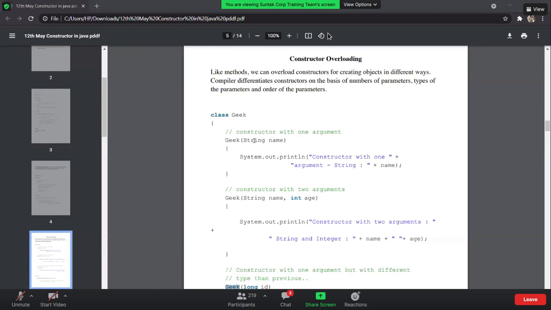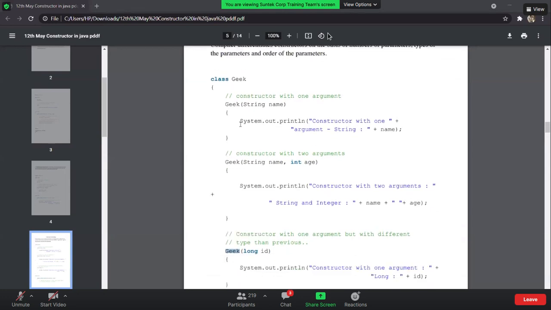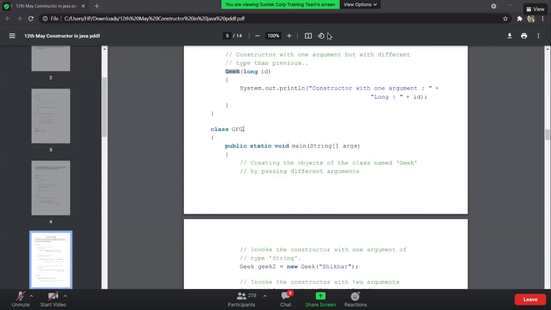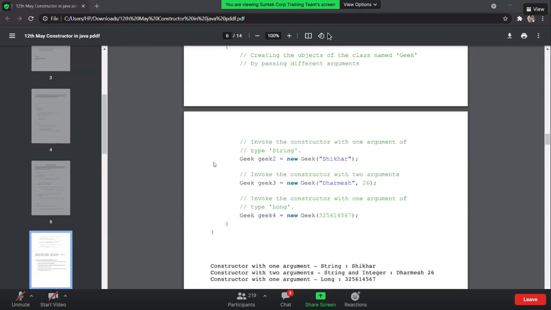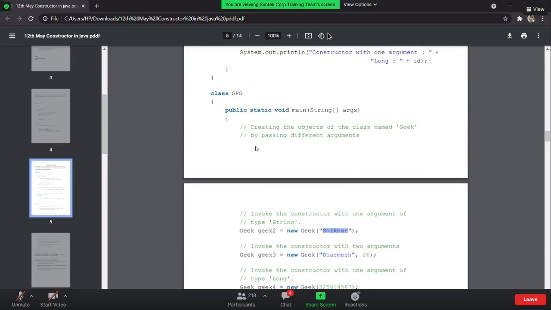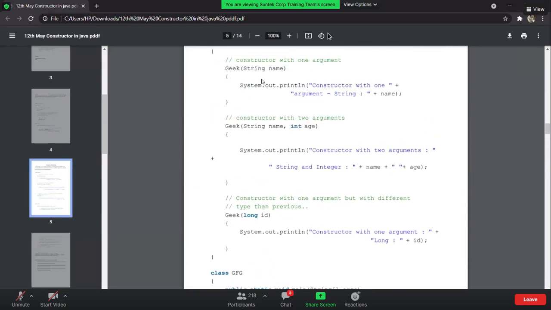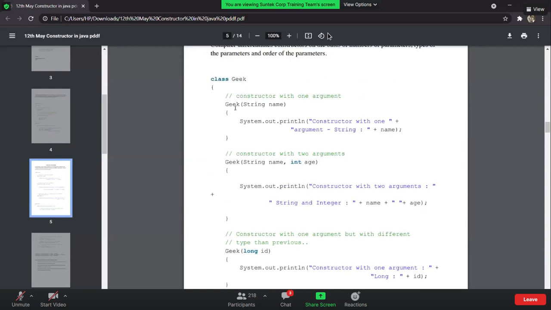So Geek with a string name is the constructor with one parameter. Let's check exactly how we are calling it. geek2 is equal to new Geek, and we are calling it with Shikhar, which is of type string. So these are the three constructors I have. Which constructor will get invoked, the first, second, or third?